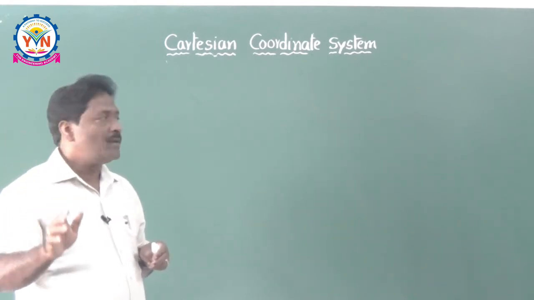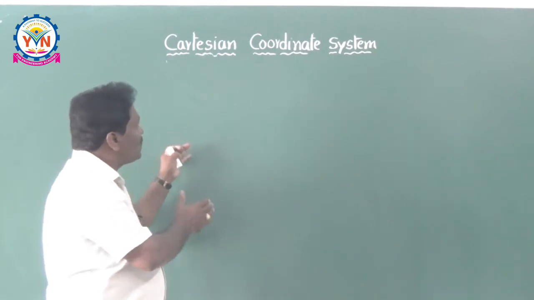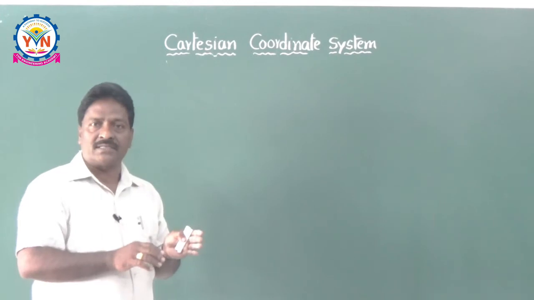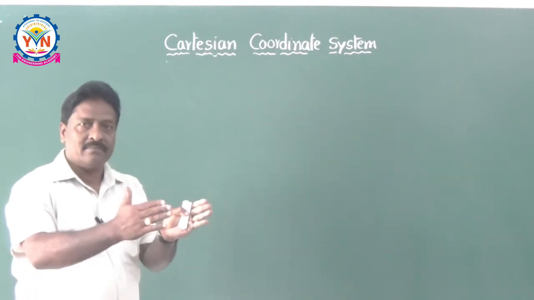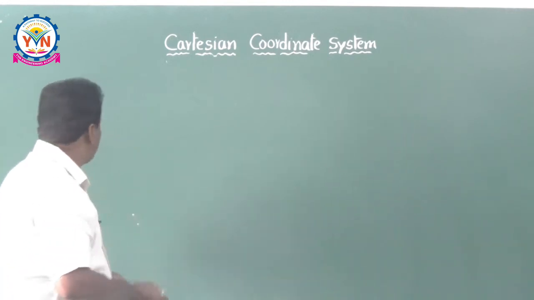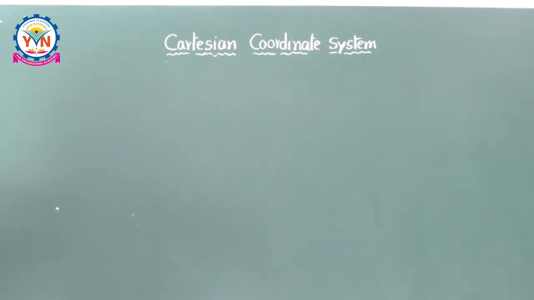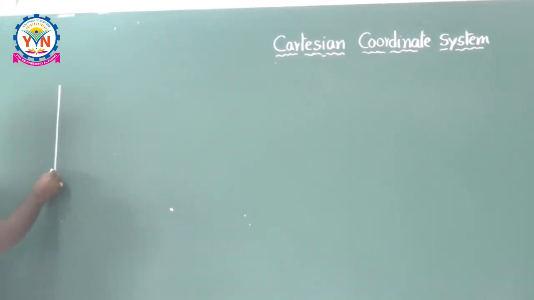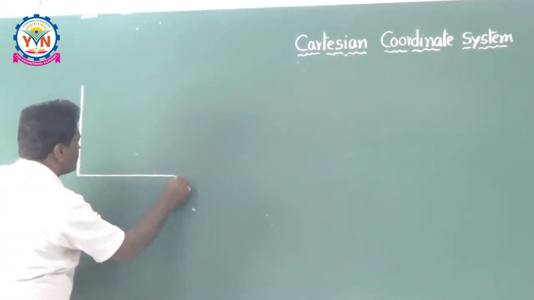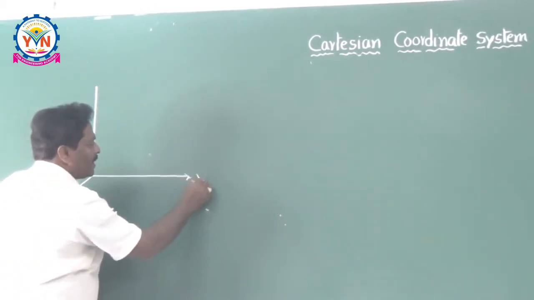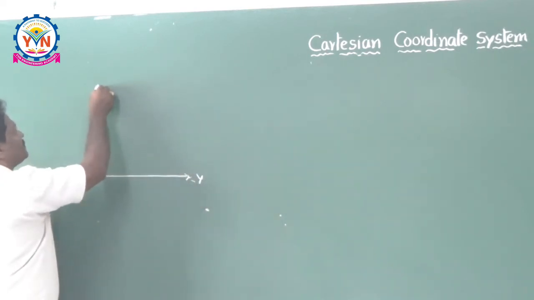You know very well. So in this class, I would like to explain this entire Cartesian coordinate system with a practical illustration. So that's why let us take xyz as usual to understand this coordinate system, and this is the x-axis and this is the y-axis and this is the z-axis.